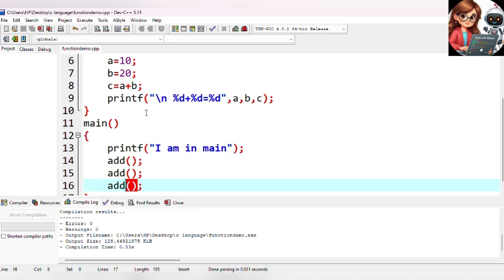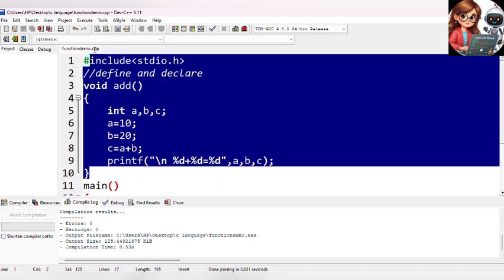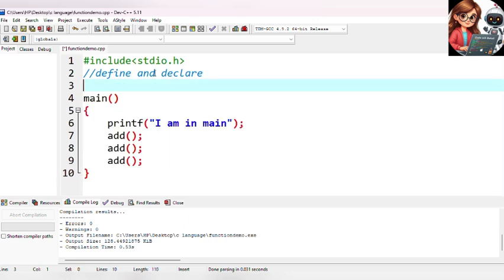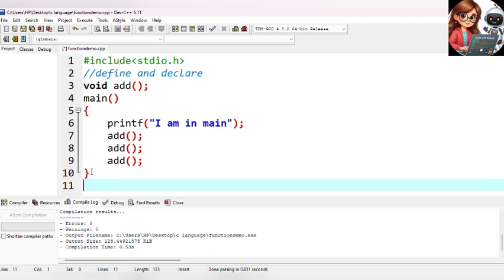Okay, so let's take this part down here. Here I'll write void add. Okay, and down here we will write the declare part.